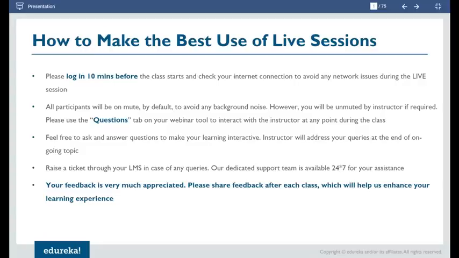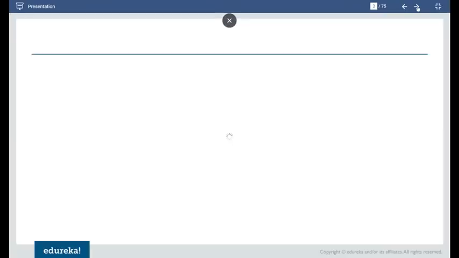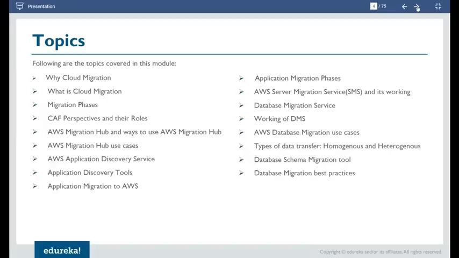Challenges like scalability, upfront cost investment, data center space constraint, a lot of capex, opex, right?